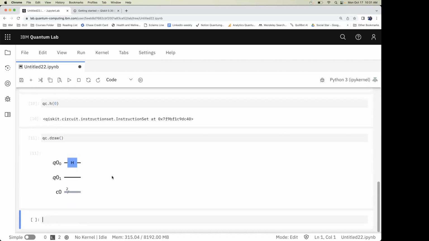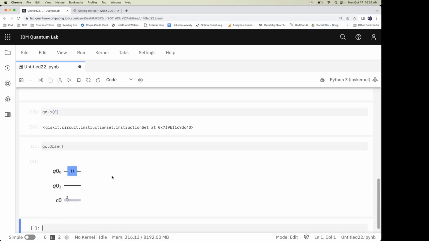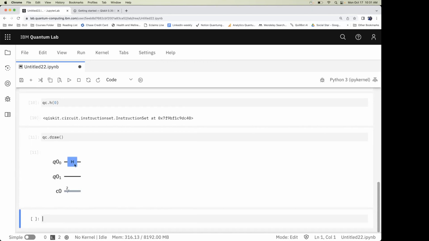Now you can see it was pretty similar to how we do functions in Python. It was simple to do in a quantum computer as well. You need to do the dot function, and you need to put the gate and the number of the qubit you have to put it on. You just have to write that. So it's qc dot h 0. So 0 stands for qubit 0, and we have added the Hadamard gate.